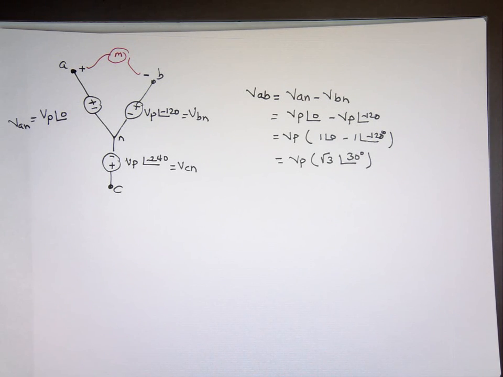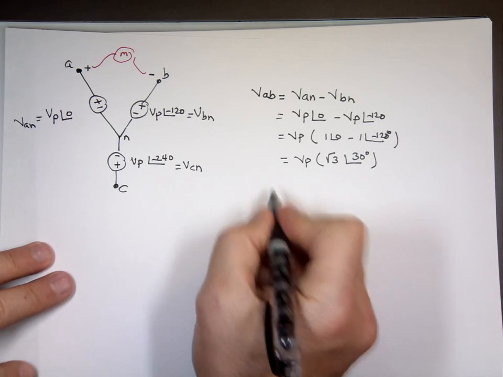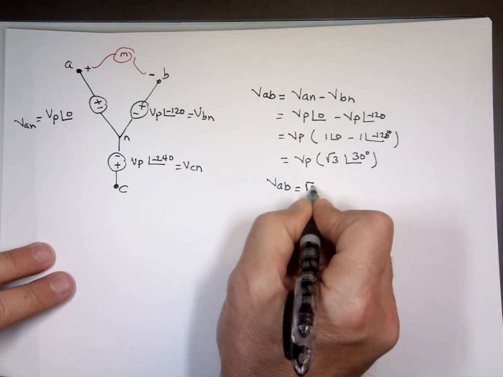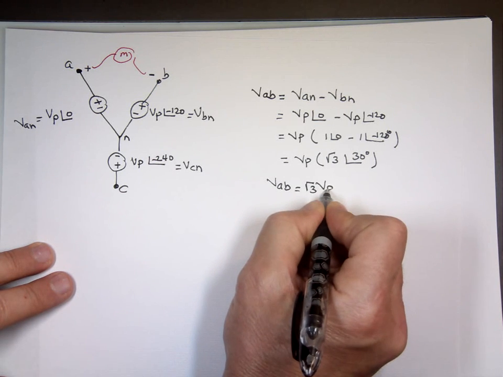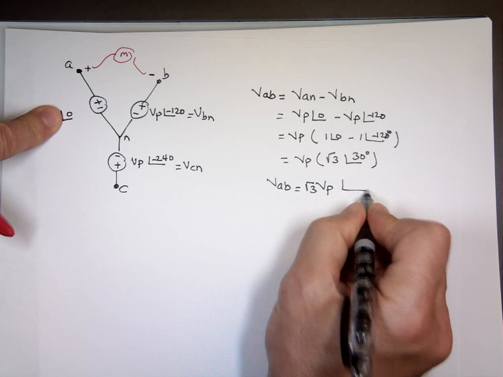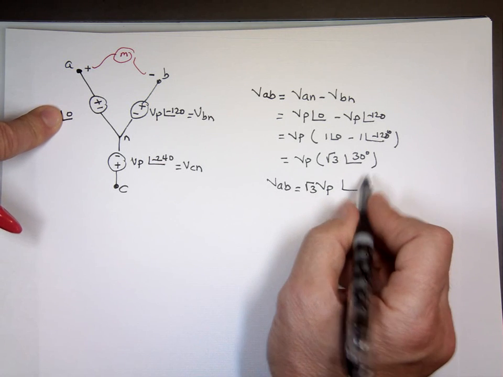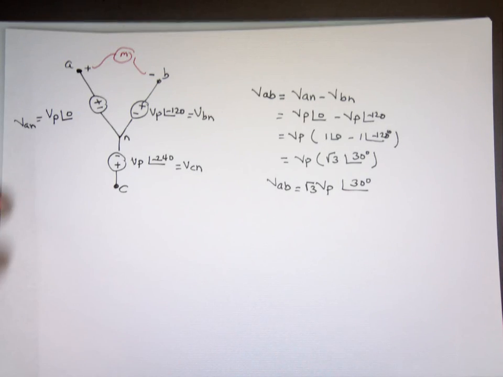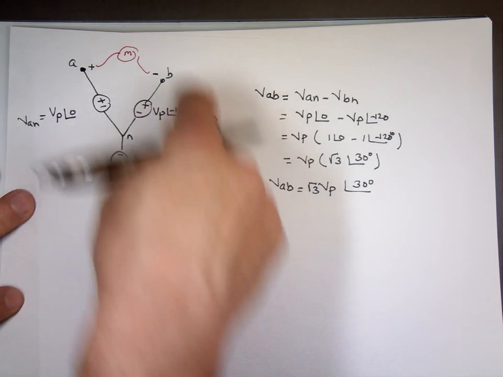So what you're going to find out is that VAB is going to be the square root of 3 times the peak voltage, and whatever this angle here is, you add 30 degrees to it. Since it was 0, that would be 30 degrees. And if you have a balanced source,